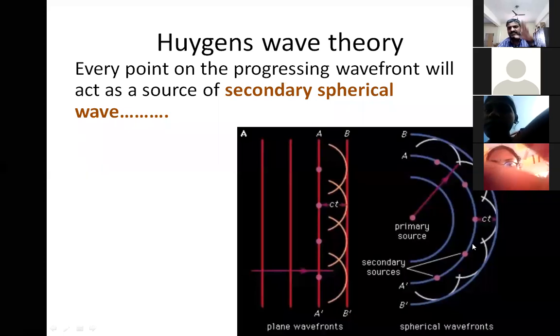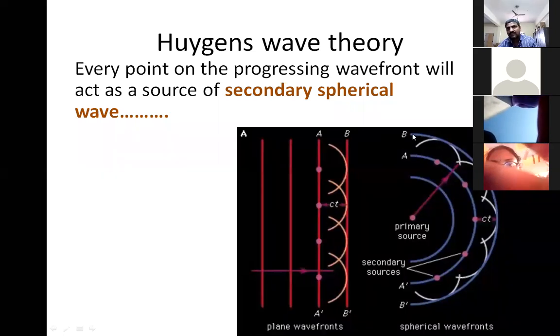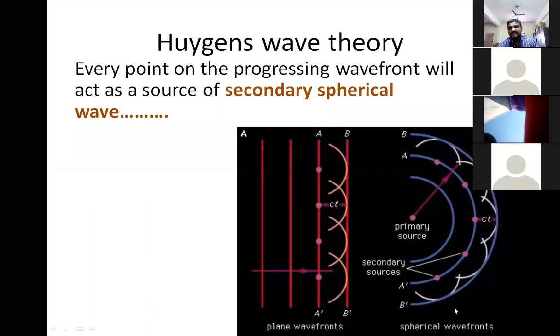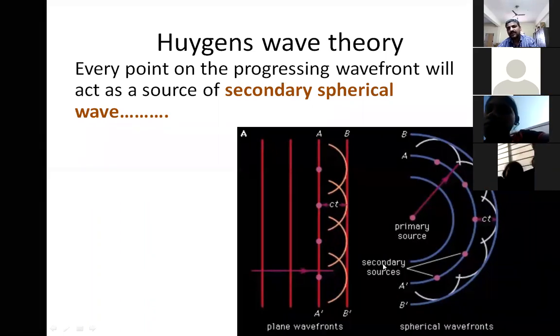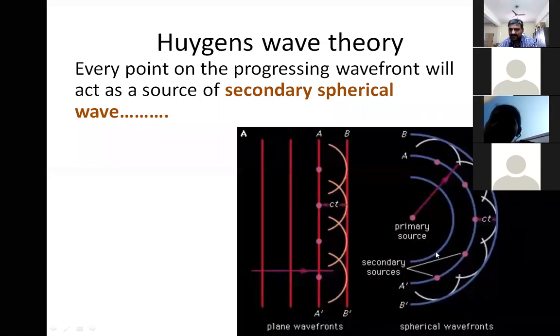Now, if you release the time, the wave is going to progress in time. How will it go? Well, Huygens said at every point you draw a semicircle with radius ct. So this is ct, this is another ct, this is another ct. Like that, you have drawn so many arcs. Now try to understand, if each and every point on this A dash is emitting a circle, then once again their locus, their overlap, will be another bigger circle, BB dash, right? So Huygens theory was successful in predicting the future of whether it is a plane wave or a spherical wave. It is able to predict the future properly, right?